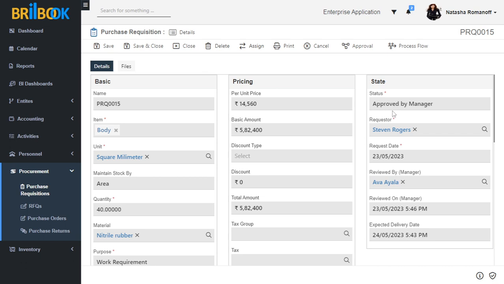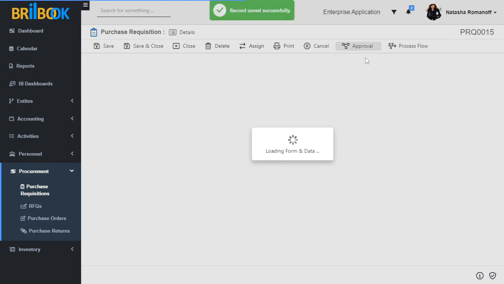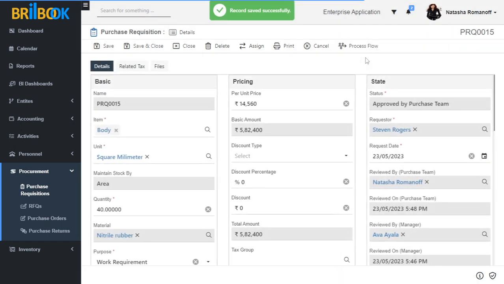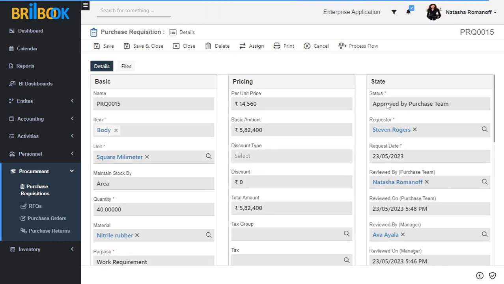To approve this purchase requisition by purchase team, click on the approval button and click on approve. Here you can see the status is marked as approved by purchase team.